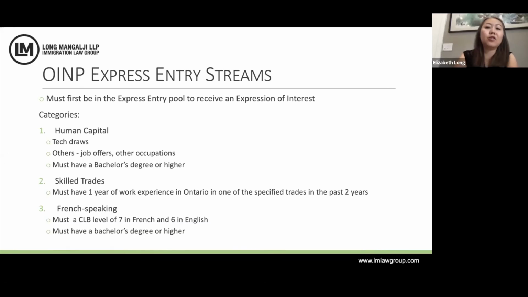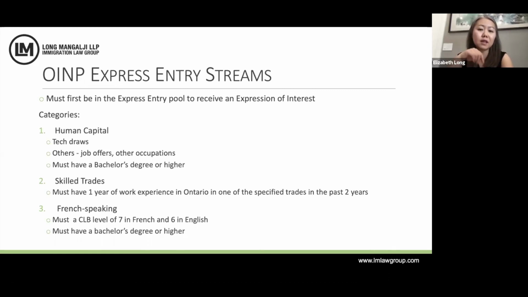Okay. The third one is for people who speak French. You French speakers are so lucky with regard to immigration. There are quite a lot of programs, especially dedicated to you French speakers, okay? So if you have a pretty high level for French and also a pretty good level in English, and you have a bachelor's degree and you're in the pool, you might get selected. Now your numbers again have to be above a certain level, normally at least in the 400s, in order to be picked. But you do have a chance through that way.